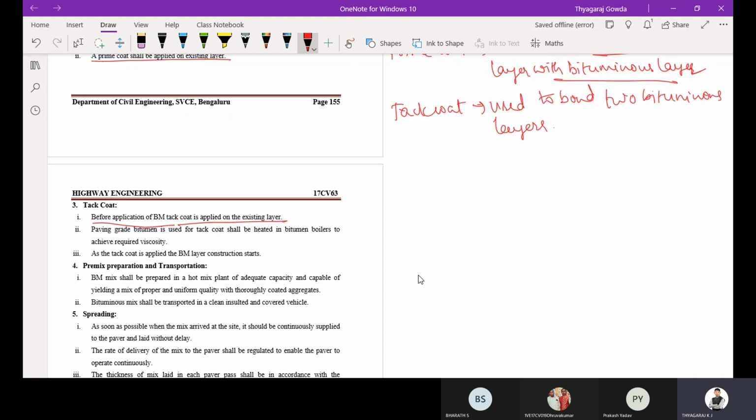Then what do you mean by tack coat? Paving grade bitumen, that is VG30, is used for tack coat. It shall be heated in bitumen boilers to achieve the required viscosity, so that the bitumen can be sprayed with sufficient viscosity.